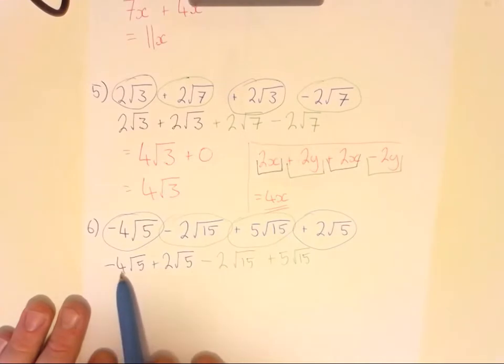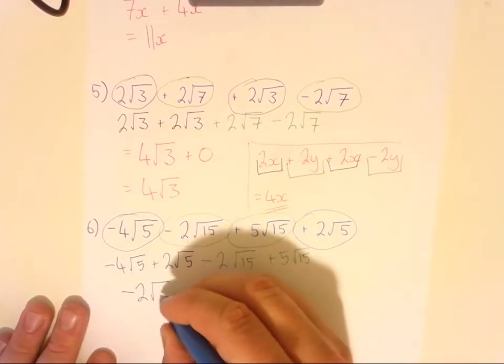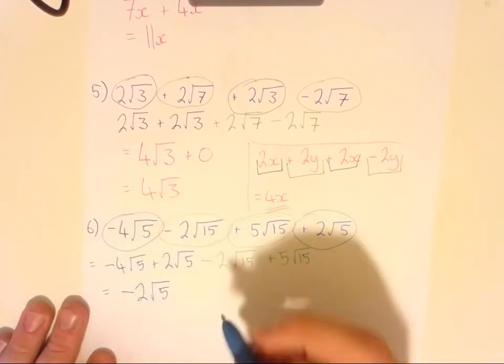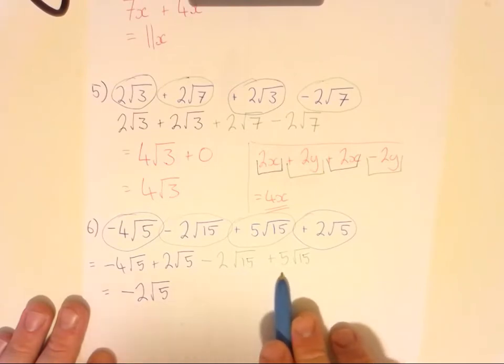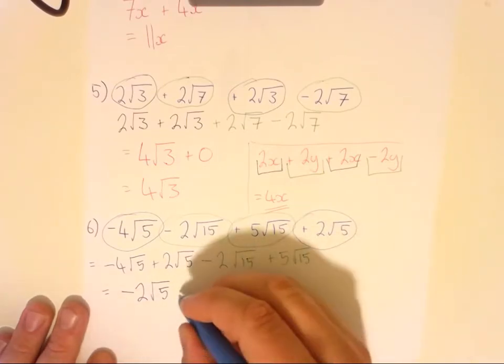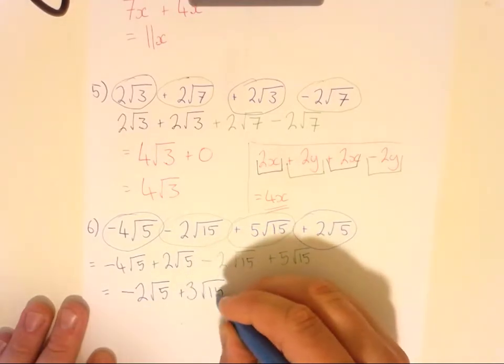So negative 4 root 5 plus 2 root 5, so I go negative 4 plus 2, which becomes negative 2 root 5. Put some equals so we can follow along. And then I have negative 2 root 15 plus 5 root 15, which then becomes positive 3 root 15 as